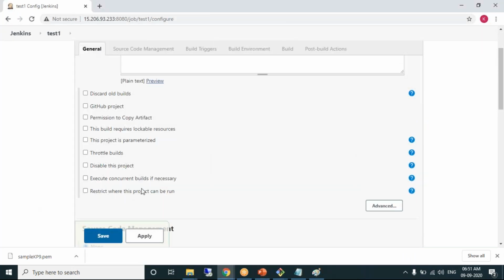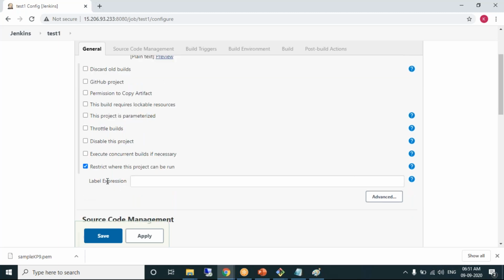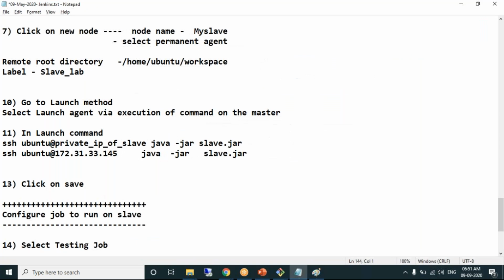Restrict where this project can be run. Select this checkbox. Label: do you remember the label we gave for the slave machine?